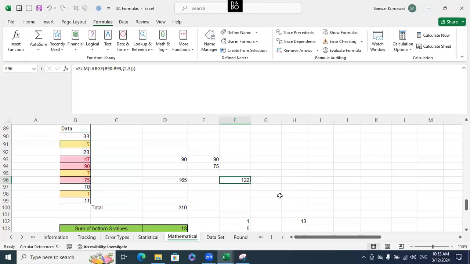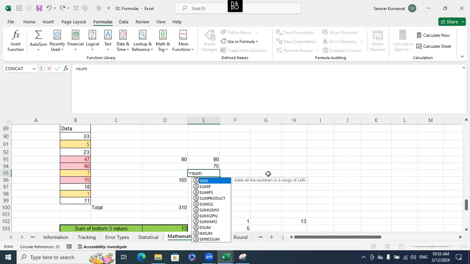Tell me. 2, 3. It is giving me 165. It is giving me 122. Why difference? We need